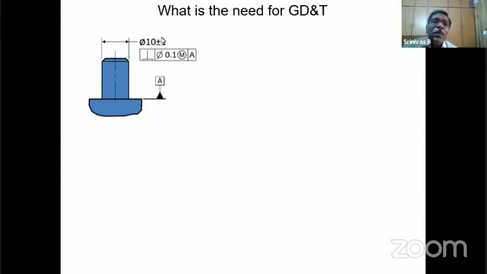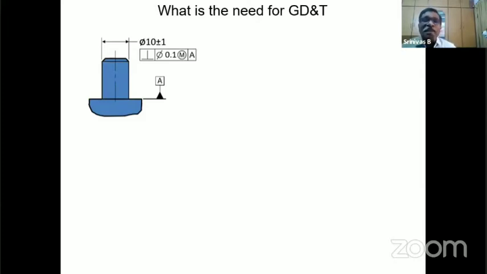Therefore, the pin can be at 11 mm and the pin can be tilted also by 0.1 mm. Do you agree, sir? The pin can be tilted by 0.1 when it is at 11 mm. Now, my question is, what kind of hole should be required to clear this pin in tilted condition? The minimum size of the hole is the MMC of the pin, 11, plus the tilt of 0.1.